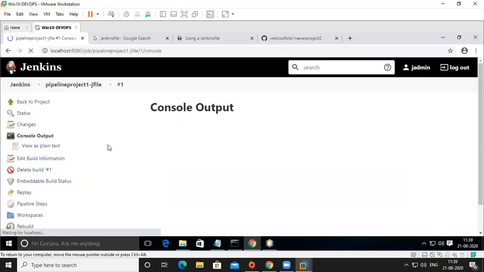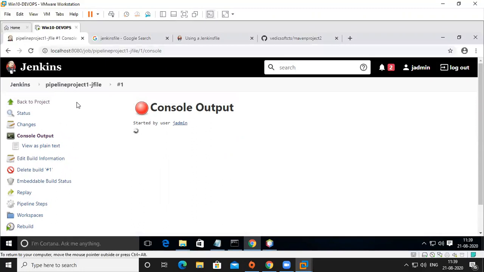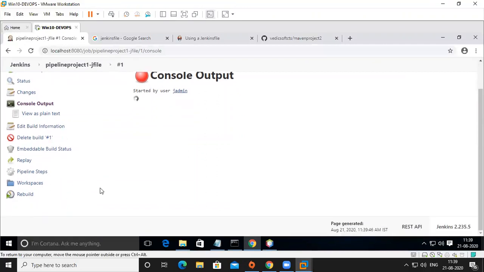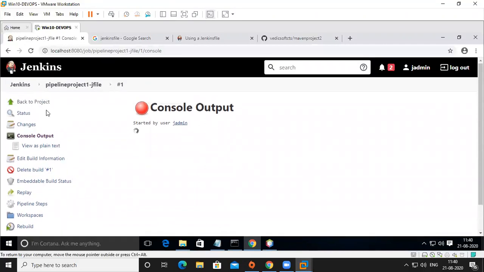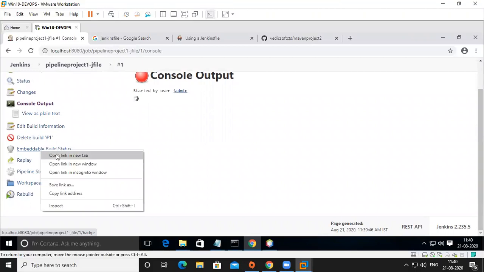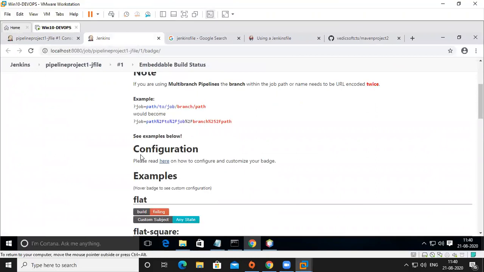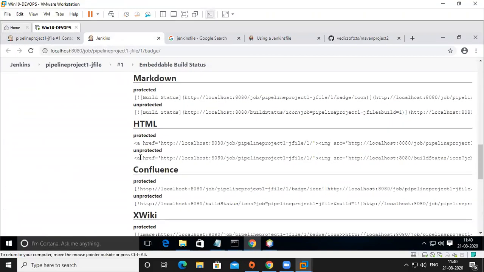First is the console output. Then we also need the stage view, right? This is the build status icon, links and all.